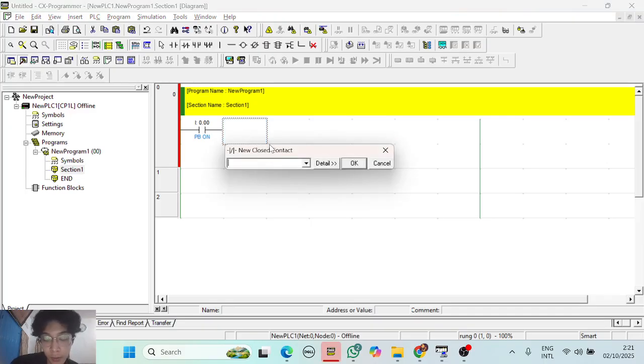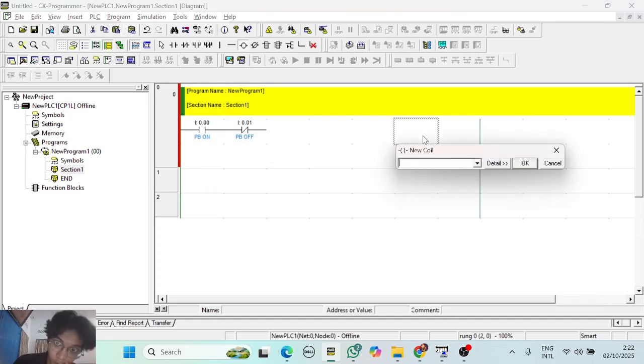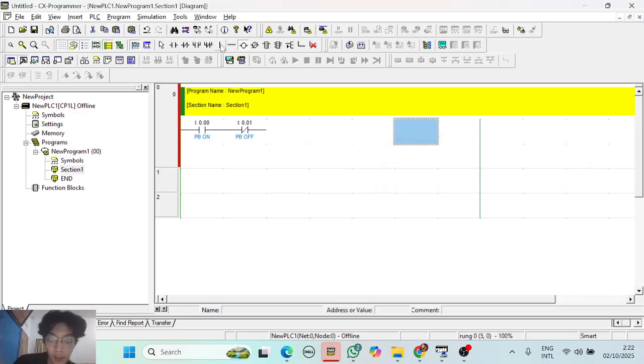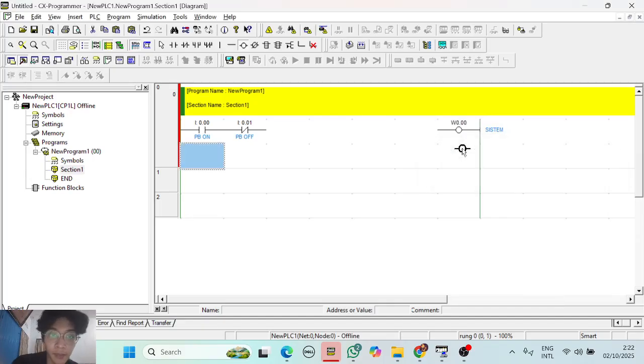We can name the input address 001 and name it PB off. After that we can add an output. We can add an output with address W000. Okay, and we can name it system.